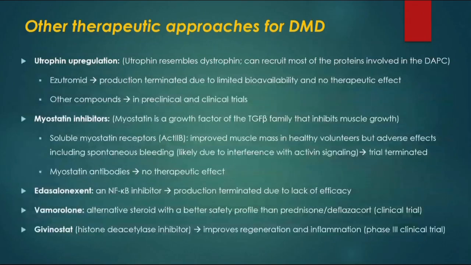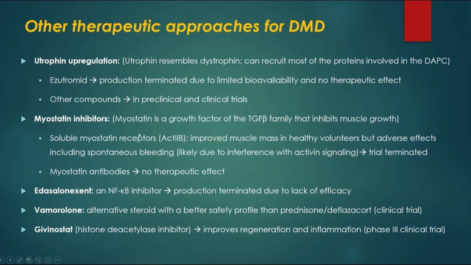The other therapeutic approaches for DMD included in the past utrophin upregulation. The study is still going on, but many of them have not shown any effect, like ezutromid. Utrophin is actually very similar to dystrophin, so it was an attractive approach. And utrophin is highly expressed in the fetal cells, and as the dystrophin level increases, the utrophin is downregulated. So if we are able to upregulate utrophin, that will function as dystrophin, and many of the muscle manifestations can be corrected. However, the studies have not shown the same, and it is still under development.